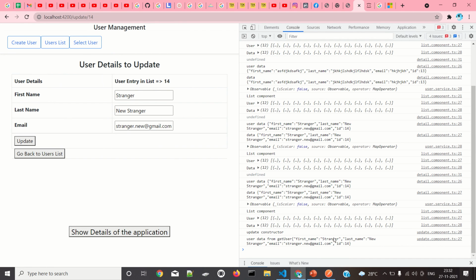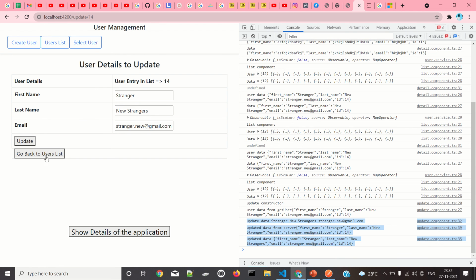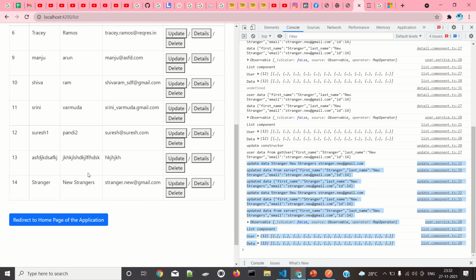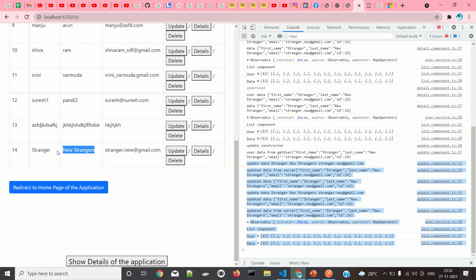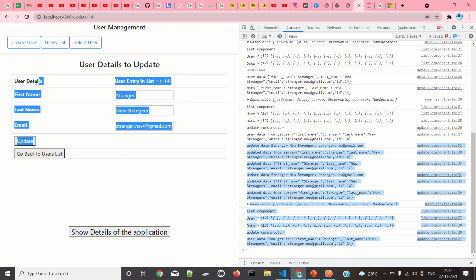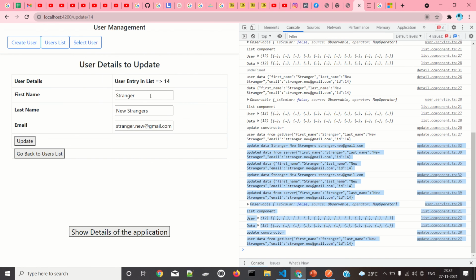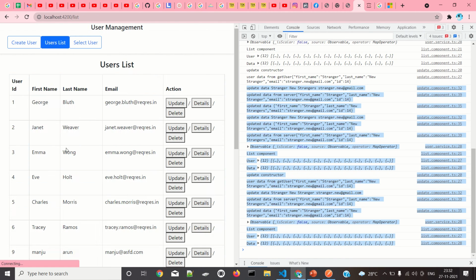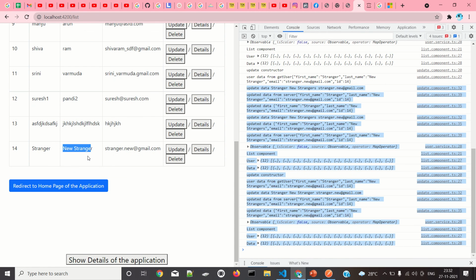So this data is also coming here. This id will come, and if I make any changes here and update, this will get updated and come here, so there will be changes. For updating, I need this particular person's id, which has to come here to fetch the data and paste it here. Then I can make some changes, and then I will update, go back to the user list, and see this data getting updated.